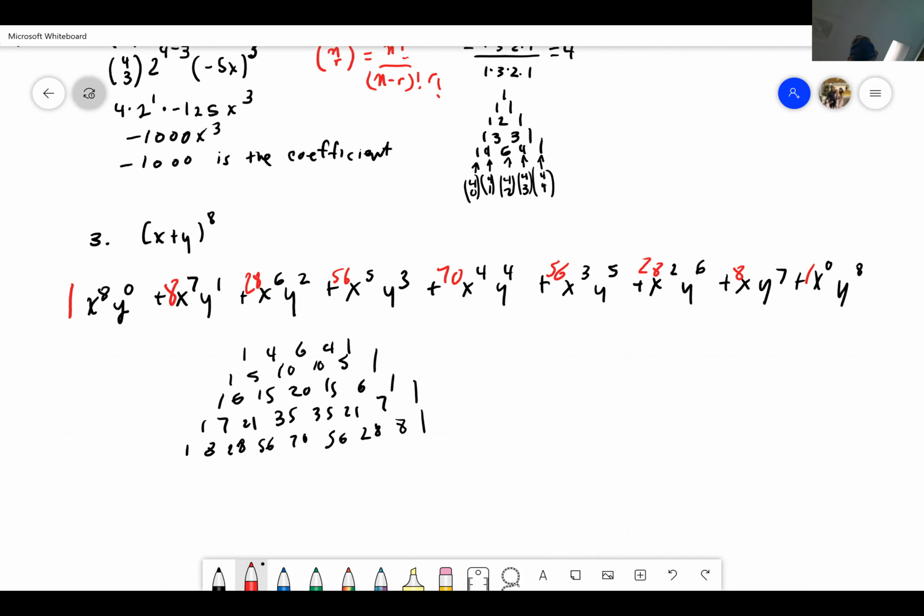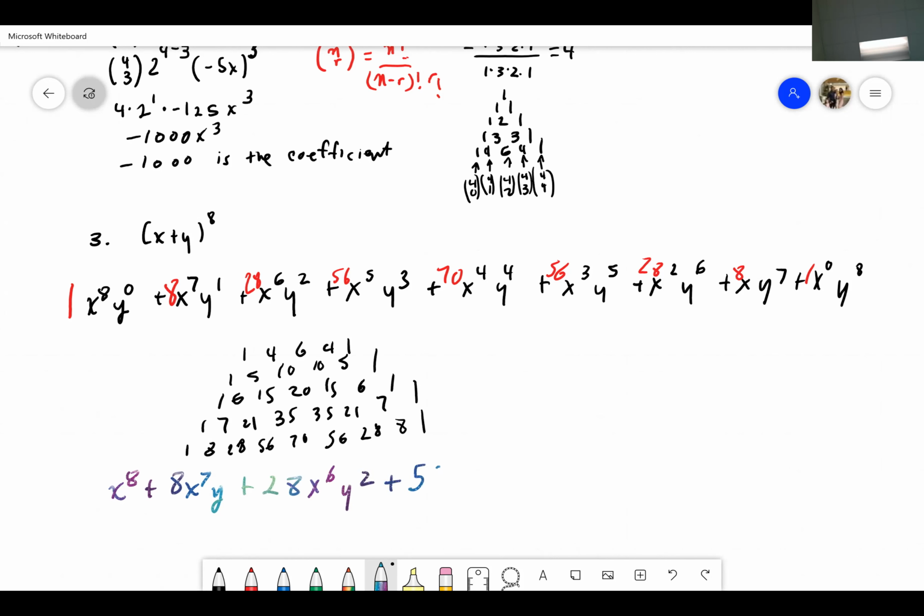I mean, do you want me to write it nicely though, for the notes? Okay, well, I'm going to write it nicely. I'm going to write it in rainbow. So let me just make it nice because y to the 0 is just 1. So it's x to the 8th plus 8x to the 7th y plus 28x to the 6th y squared plus